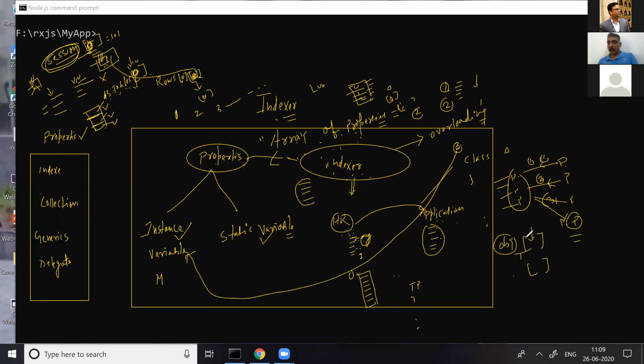This is the representation of an indexer, and under this we have the array of properties. And when there is an object involved, there is no involvement of a static variable, because a static variable we can access by the class name, not by the object name.